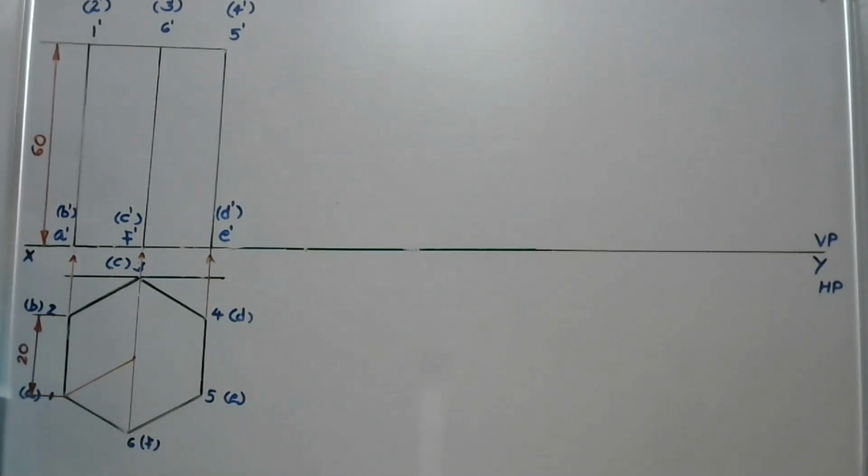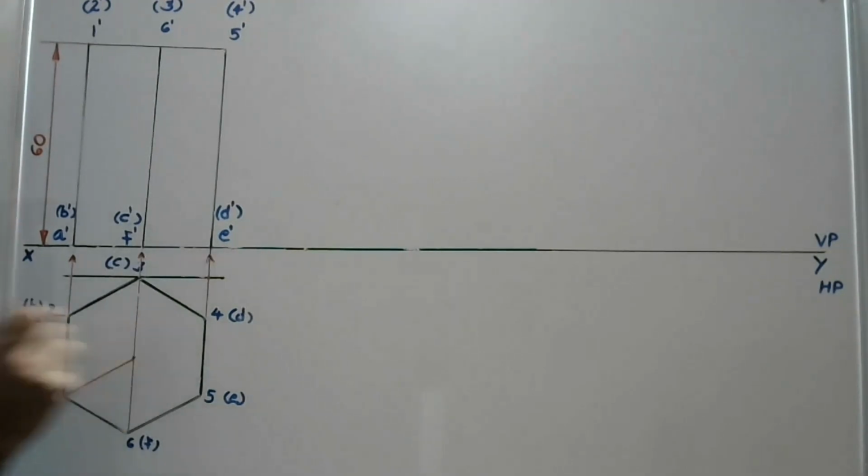The bottom hexagonal shape is named A, B, C, D, E, F. This regular hexagon is not visible from the top view, that's why we are putting them in brackets. In the top view, the regular hexagon visible is named 1, 2, 3, 4, 5, and 6. Then we are projecting the 6 corners of the hexagonal prism to the front view. On the reference line, we get the base of the regular hexagon, that is A, B, C, D, E, F.